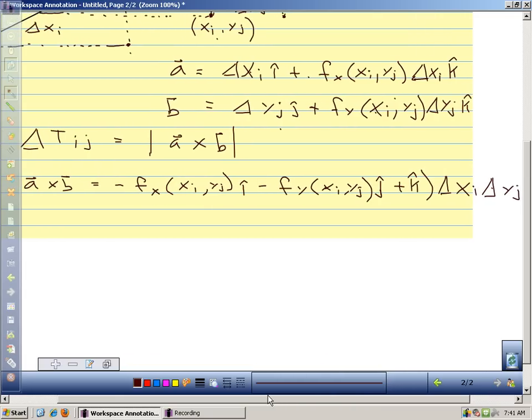So that's our cross product, and this should be a parentheses here. So our cross product comes out to be this, and the magnitude of A cross B,